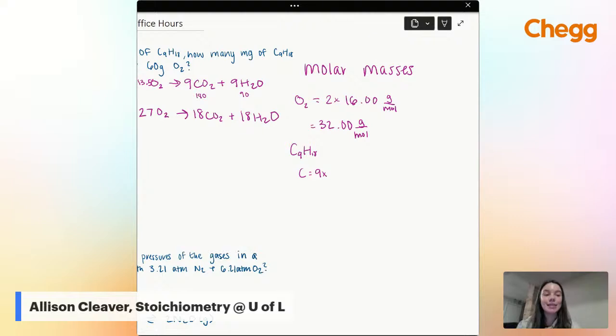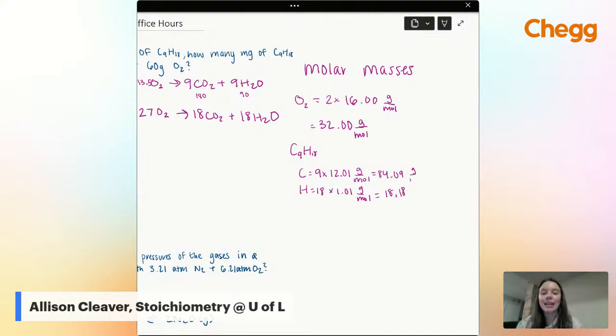All right, so I see that I have 9 carbons. And looking at the periodic table, the molar mass for that is 12.01 grams per mole. Again, you might have something a little bit different. As long as it's in the general gist or whatever your teacher gives you, that's what you should go off of. And then H, we have 18 of those times 1.01 gram per mole. And now we just multiply across, we get 84.09 and